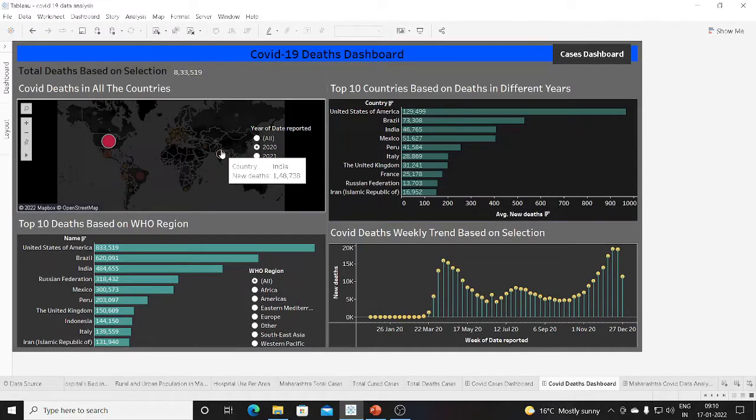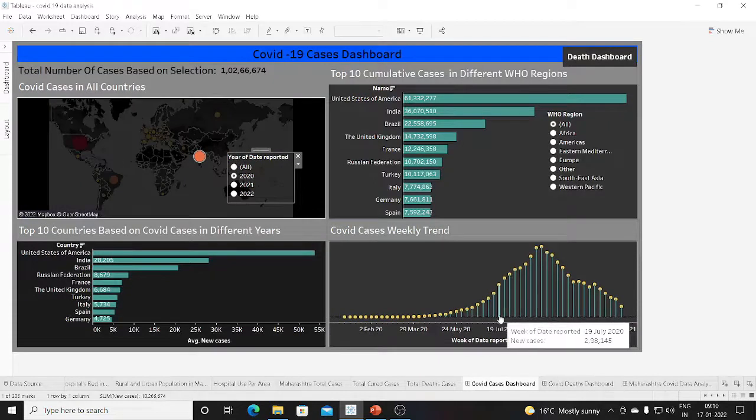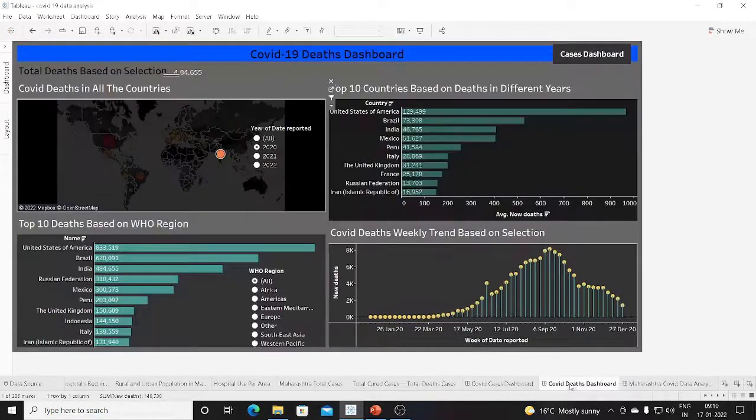I have divided this into two different dashboards to make you understand very clearly. Now, if I want to see that, you can see the same trend, because after 19 July 2020, there is a very high number of cases. At the same time, after 21 June there are also so many deaths, because once the cases increased, deaths also increased, right? So we can easily conclude both together, in the case of India in the year 2020, okay?